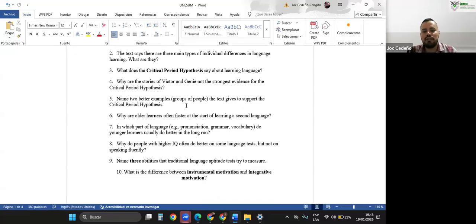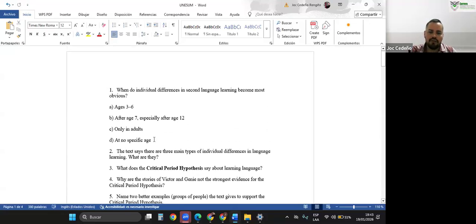Six, why are older learners often faster at the start of learning a second language? Seven, in which part of language, for example, pronunciation, grammar, or vocabulary, do younger learners usually do better in the long run? Eight, why do people with higher IQ often do better on some language tests, but not on speaking fluently? Nine, name three abilities that traditional language aptitude tests try to measure. And finally, what is the difference between instrumental motivation and integrative motivation? So you need to answer the questions